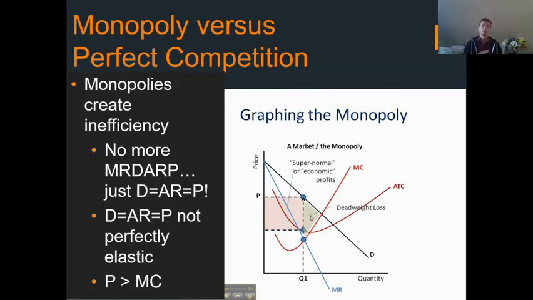I told you before when we were doing taxes that deadweight loss is always formed by the quantity, the supply curve, and the demand curve. Well, you recall that supply is, to a degree, your marginal cost curve. So if we consider the marginal cost curve the supply curve, right here, the demand curve, still the demand curve, and the quantity right there. And there is our triangle of deadweight loss,